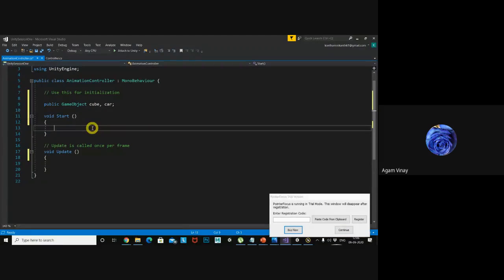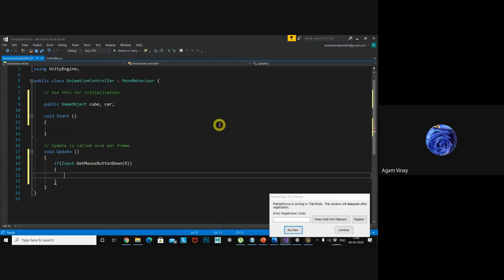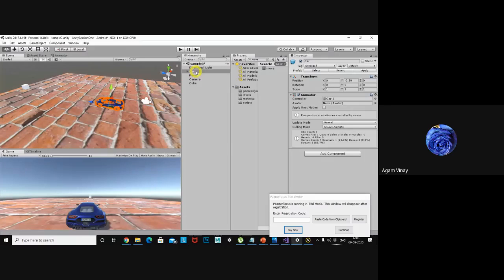Here I will write based on input dot get mouse button down, which means left click. Whenever I press left click, the cube and car animation should happen.